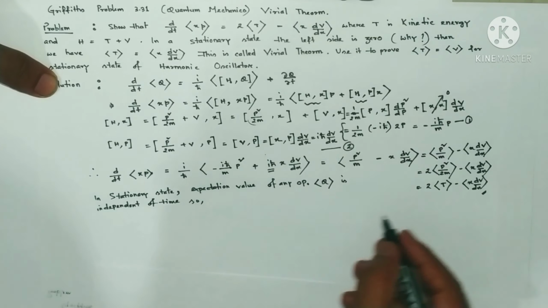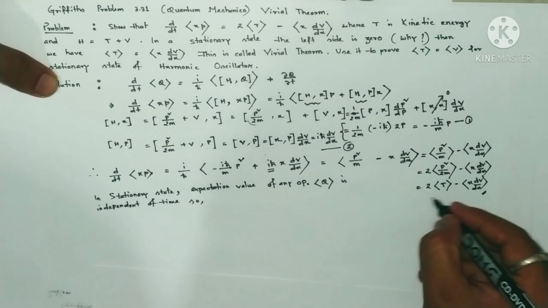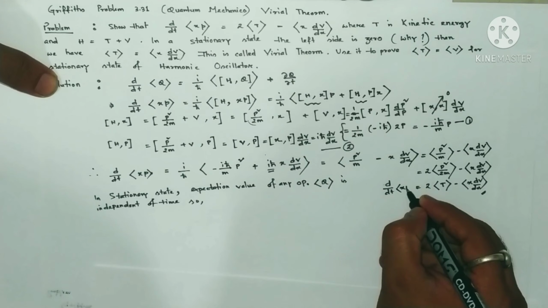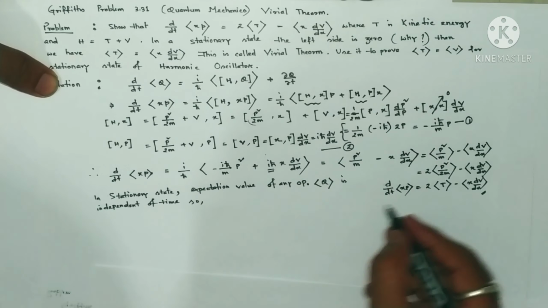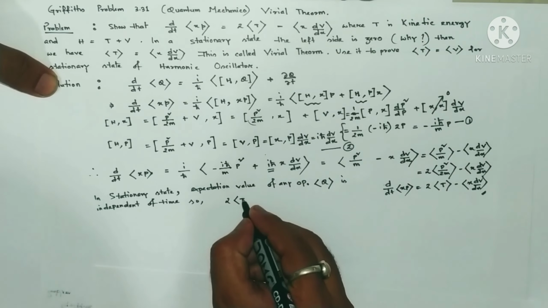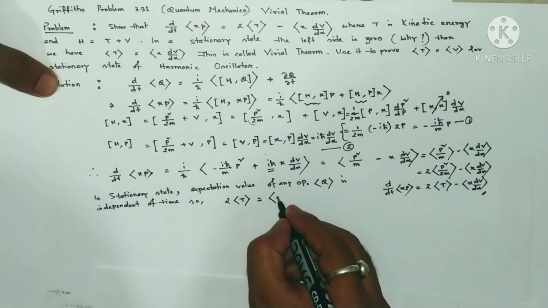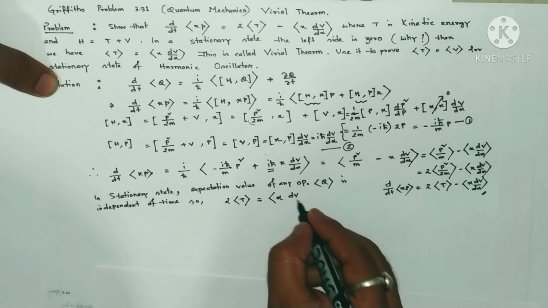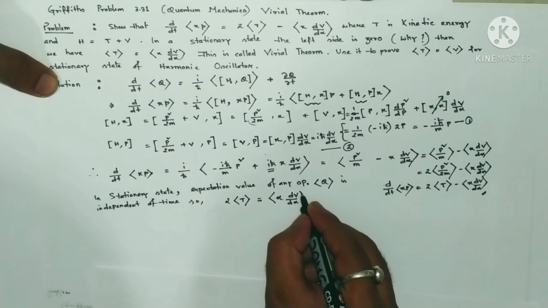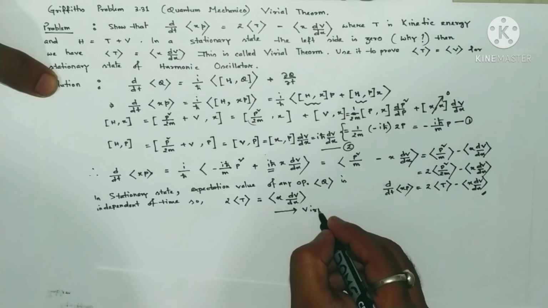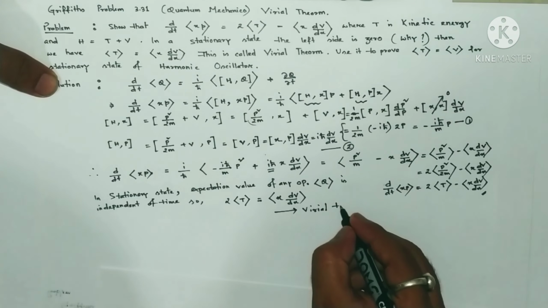So what is this? This is d/dt of the expectation of x into p. So if this term is 0, we will have 2T equal to x dv dx. So this is nothing but the virial theorem,